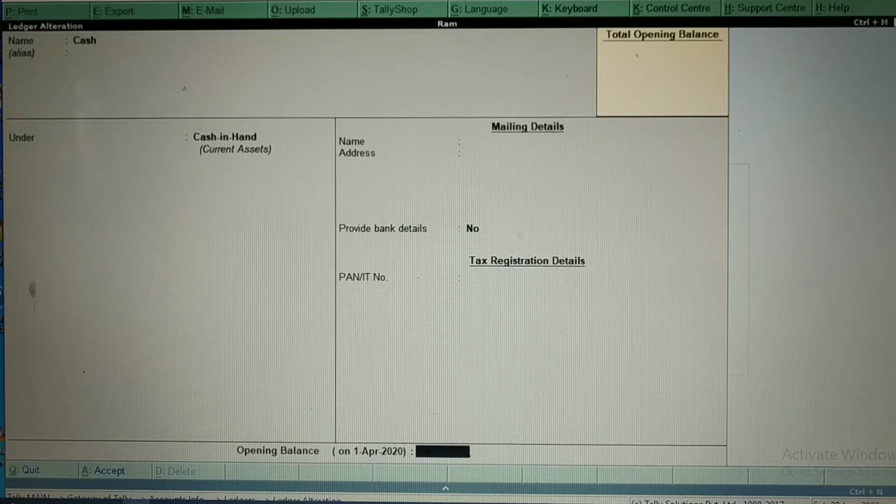So that amount you need to enter as the opening balance. Or else, if you do not enter any opening balance, then that amount will be decreased from the capital account if the company is started for the first time. If any company has started for the first time, then whatever amount you are investing in that company is considered the capital account here. All expenses will be decreased from that capital account itself.